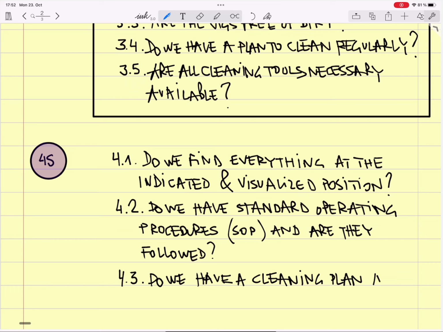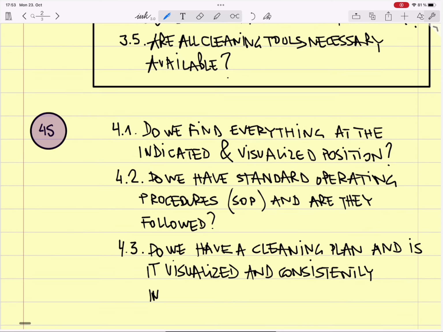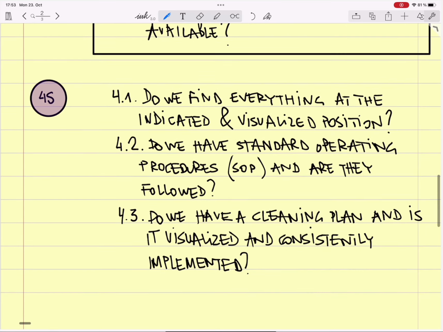And is it visualized and consistently implemented? Okay. 4.4: do we have checklists